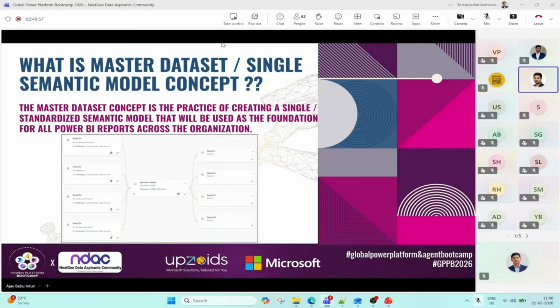So we are pulling data into a single semantic model, and then using that single semantic model we are creating n number of reports, like report 1, report 2, report 3, and report 10. Sometimes the same semantic model has 10 reports, and sometimes only 2 reports. It depends on our business requirement.